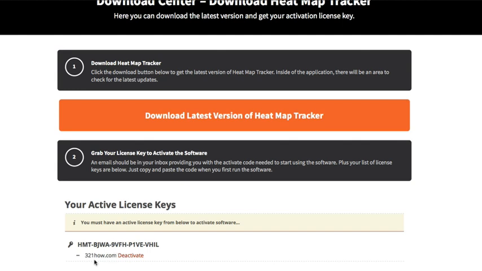You can see all the different domains that are installed using this key. Okay, and you can manage them by deactivating a domain if you don't want to have it anymore. Maybe it was for a client, and you want to remove access because they're not paying you anymore. This is where you can manage those